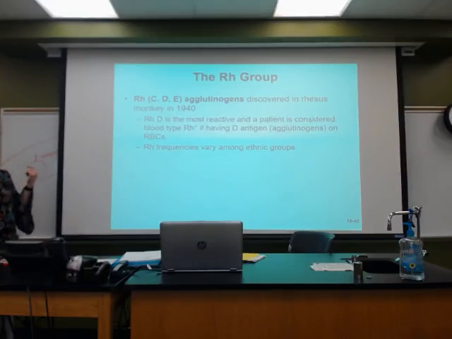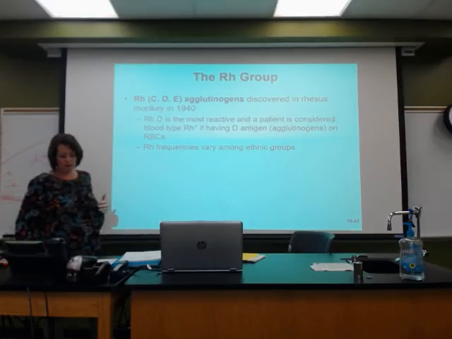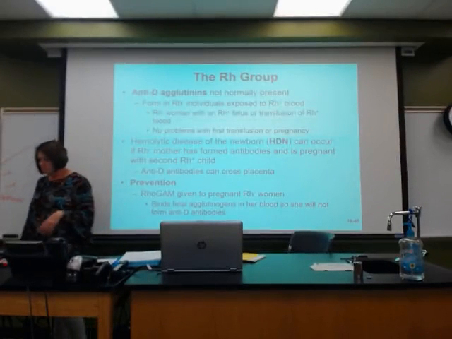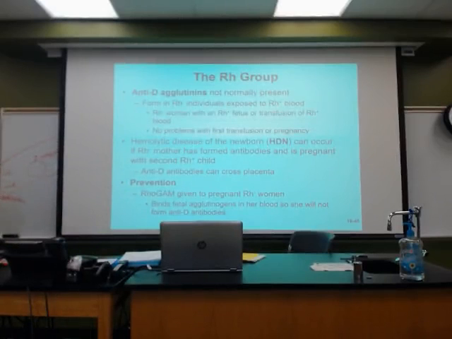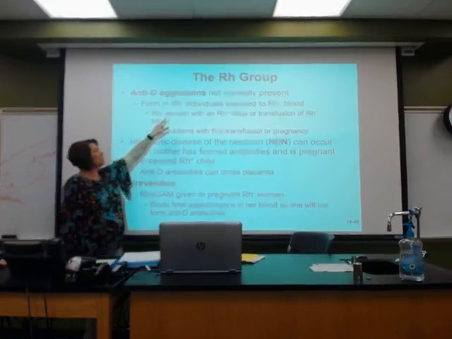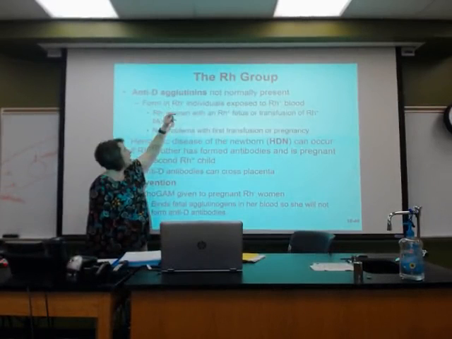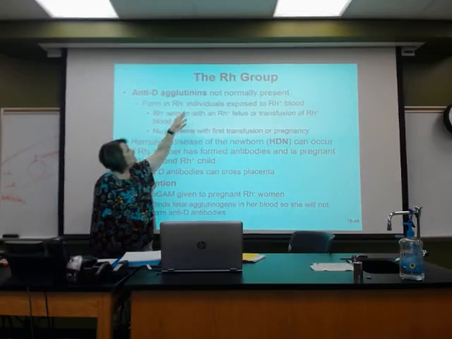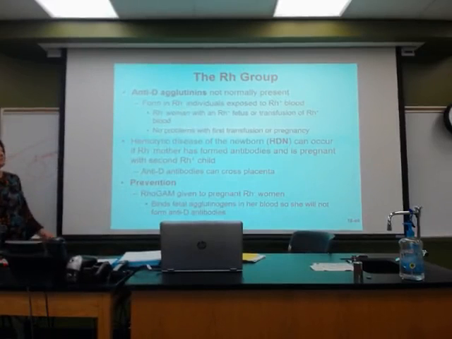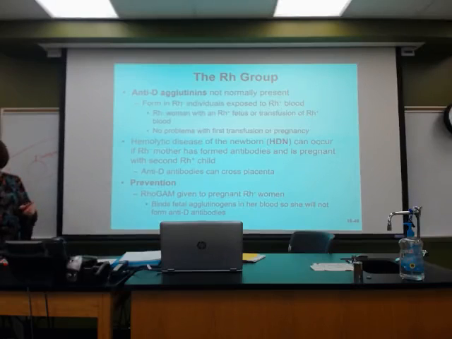Okay, so when we look at the RH group, for the most part these agglutinins, this anti-D, are usually not present under normal conditions. The way that a negative individual is going to develop that positive, they have to be exposed to the positive